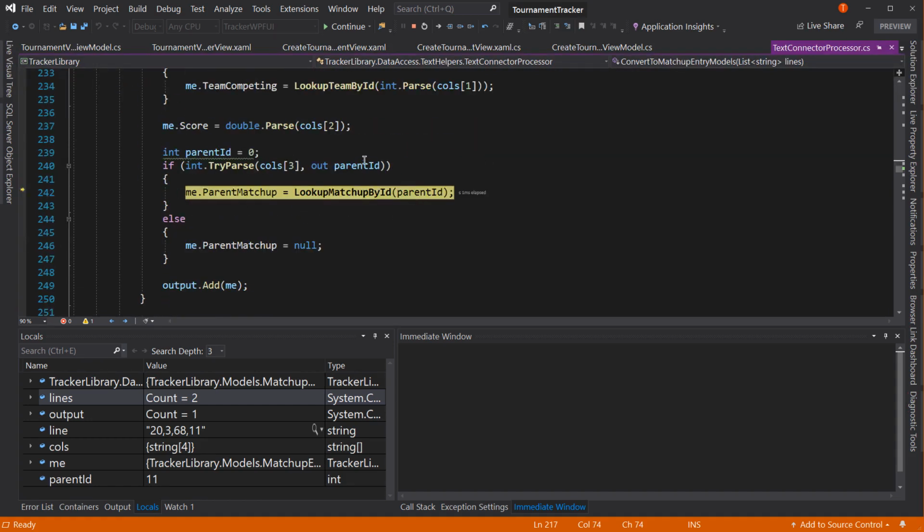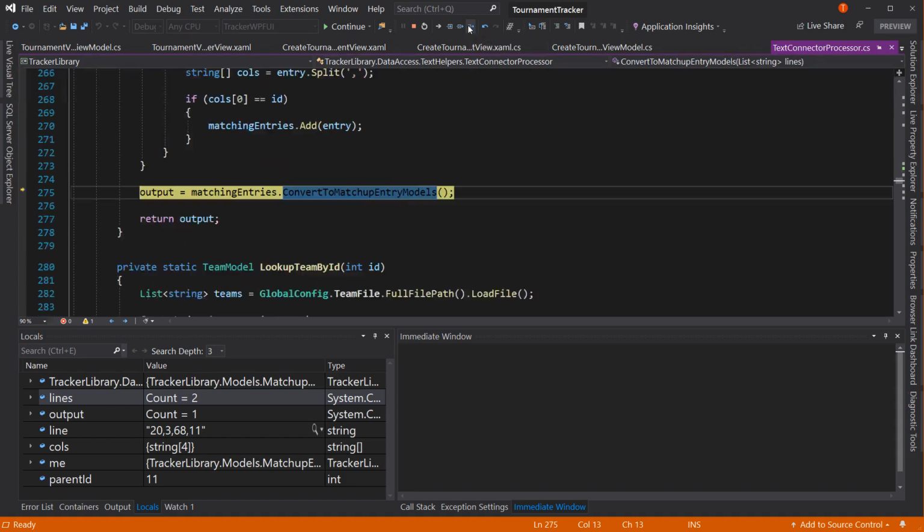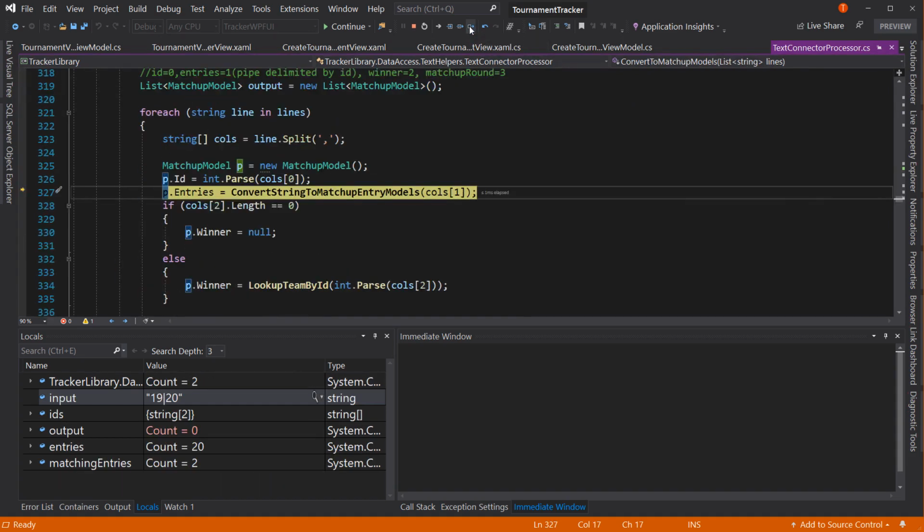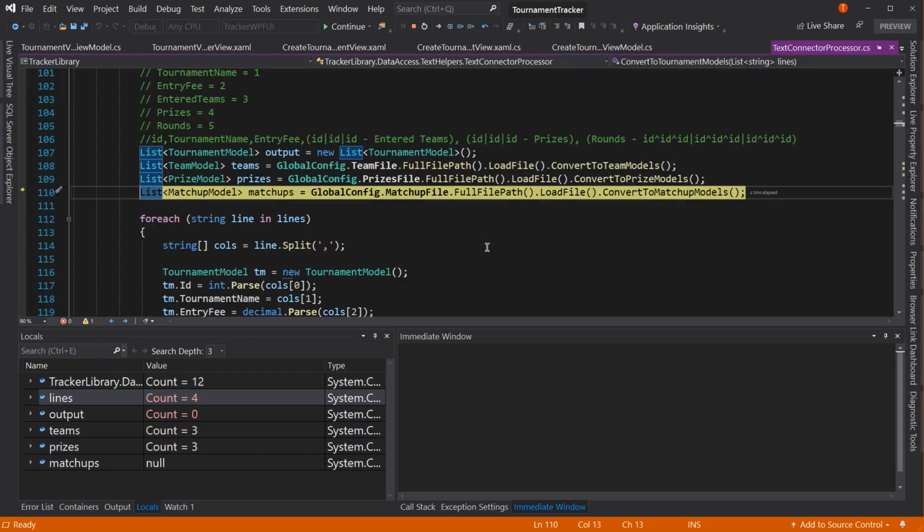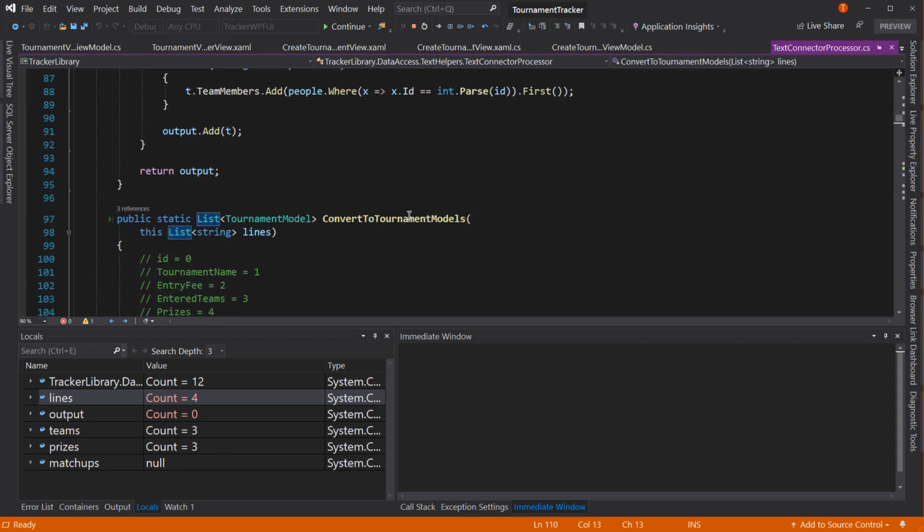Yes, so we have a circular reference in here, and that's not something I'm going to spend too much time debugging. Convert to tournament model. I think